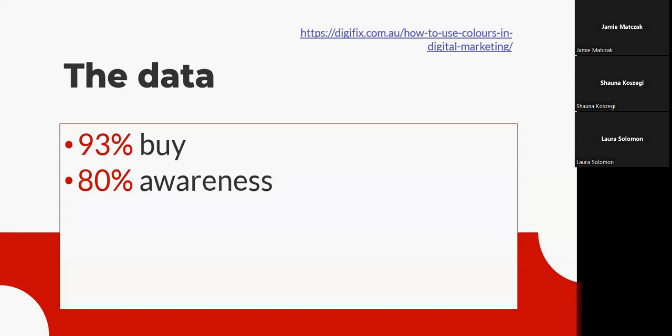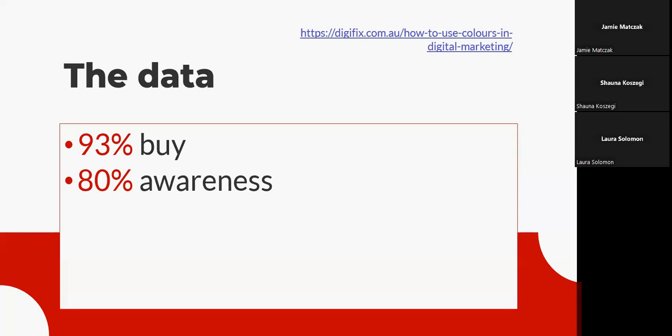So 93% of customers buy products based on their visual appearance. This should surprise absolutely nobody. But I'm actually surprised, though, that it's not higher. We all know in libraries that people choose books by the cover, right? We always say, don't judge a book by its cover. And we might think, my favorite book has a terrible cover, but you got past the cover to do that. And maybe you had a lot of help through recommendations or reviews. Most people look at a thing and decide pretty much right away whether or not they want that thing, whether it's a book or anything else.